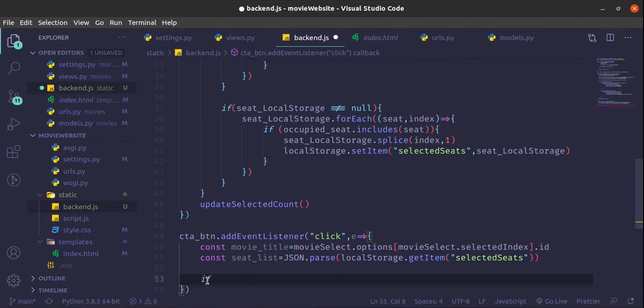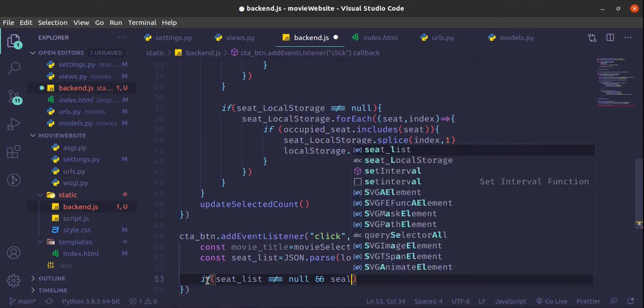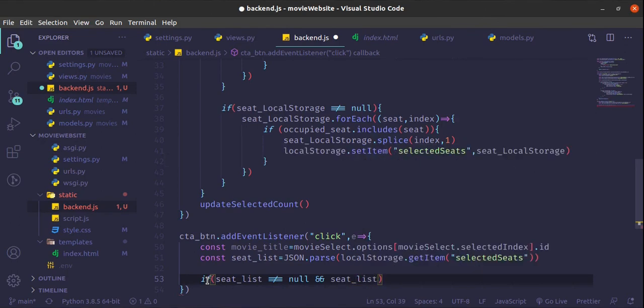So we check if seatList is not equal to null and seatList.length is greater than 0. All right, then